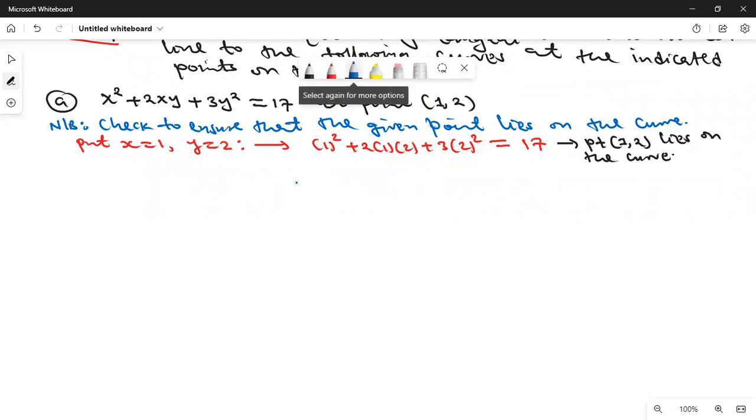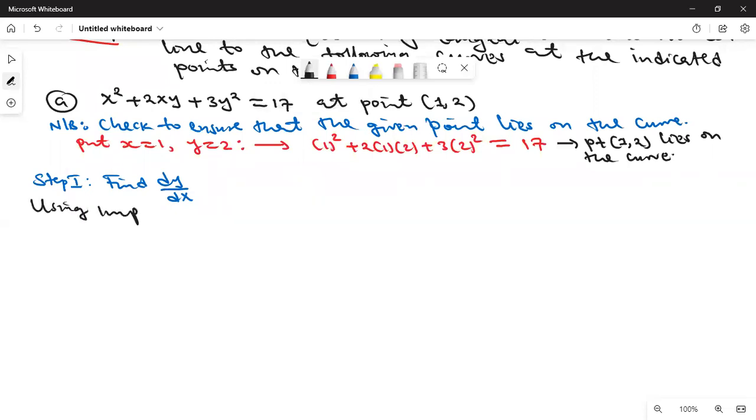So step 1, find dy/dx. So let's work it out. That means I'm going to use implicit differentiation. So I write, using implicit differentiation, we have,